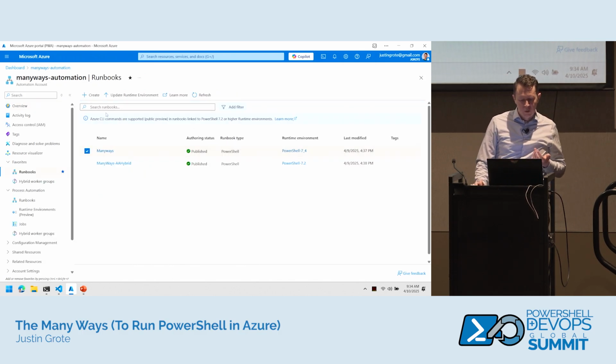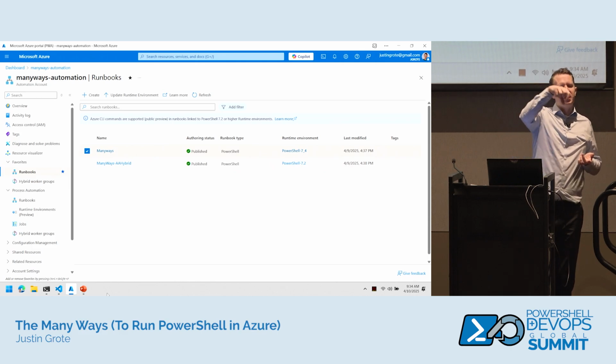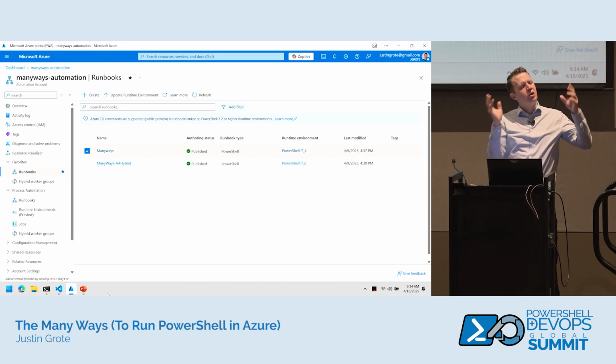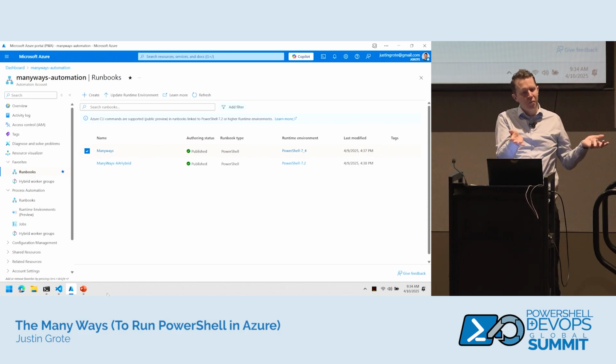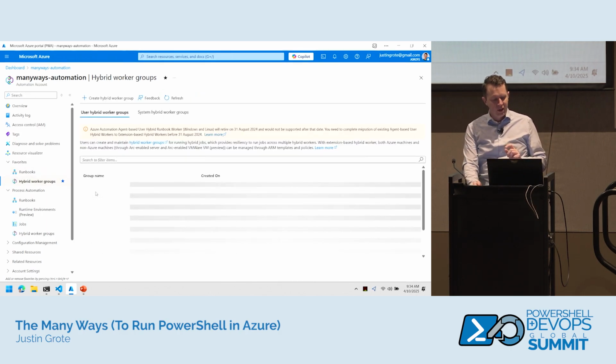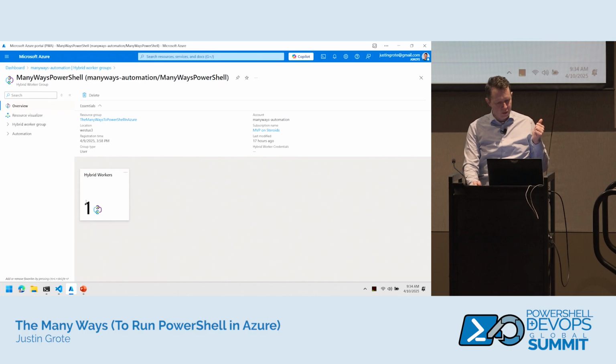While that's running, we'll also go to this one, which is Miniways AA Hybrid. One of the neat things you can do with Azure Automation is that it generally runs in a tiny little container, a really tiny, very painful to work in container, especially for PowerShell. But you can buff that up if you need to. You can use a virtual machine in Azure if you need to do a bigger project, or you can use something that's joined via Azure Arc. So this Miniways AA Hybrid is actually joined to a machine in this hybrid worker groups. This guy I named Tiny Cloud, which hopefully will come up. There we go. So in this group is a hybrid worker